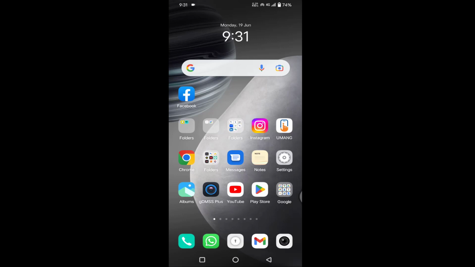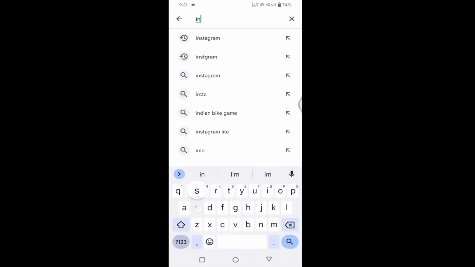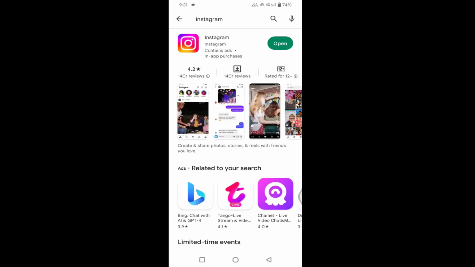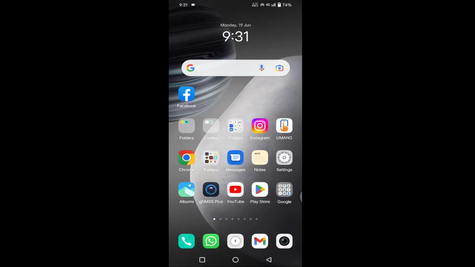Guys, if your Instagram Notes Music is not working, then I will show you how to fix this issue. First of all, you need to open the Play Store, then search for Instagram. If your Instagram is not up to date, then update it from here. After updating, if you are still facing the issue, then open the settings,